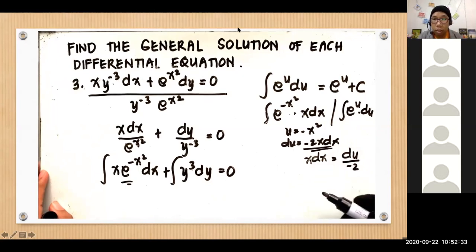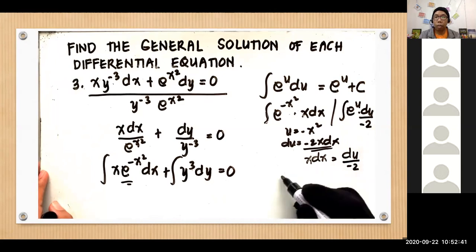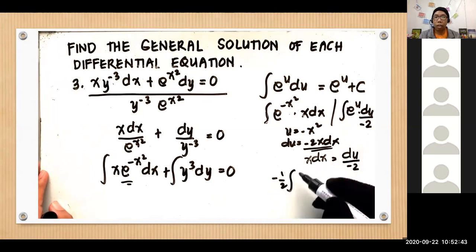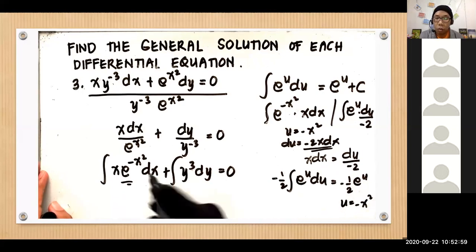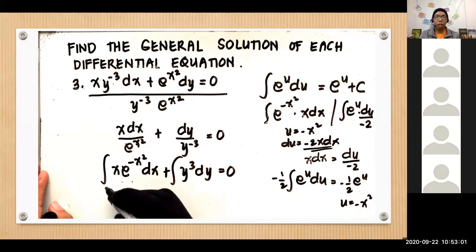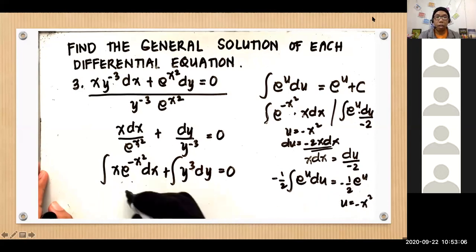Okay? Stack up. Ayan, so over minus 2 siya. So pagdating dito, pwede mo nang ilabas yung minus 1/2. Okay, integral of e raised to u du. And that, ang formula niyan is minus 1/2 e raised to u. So ganun lang. Ano ba yung u natin? Minus x squared. So ibalik mo na lang yung value ni u. Ang totoong value niya. So here, the answer for the first term is, ayun na, you have minus 1/2 e raised to